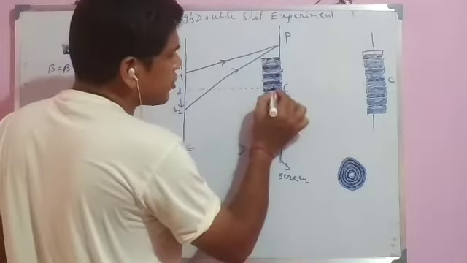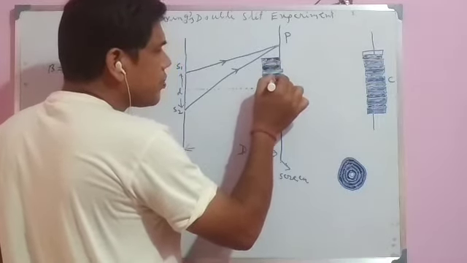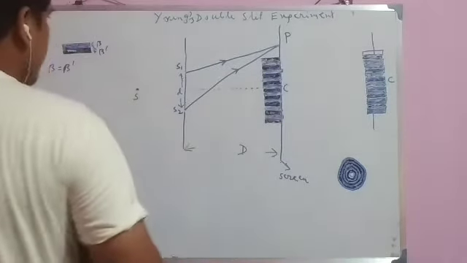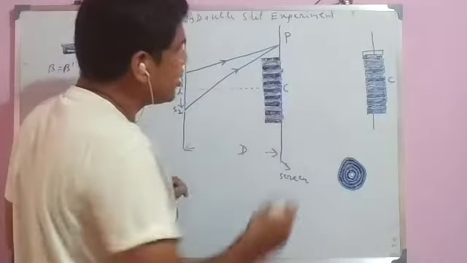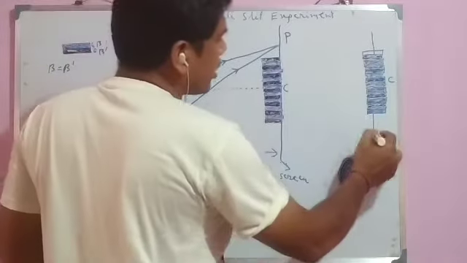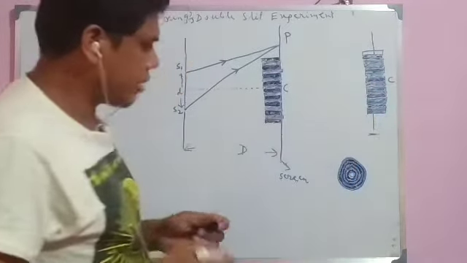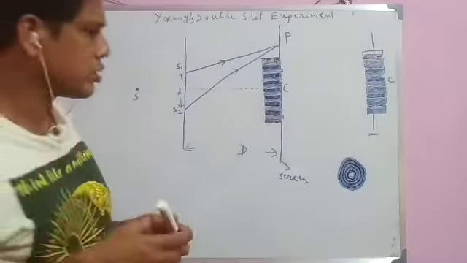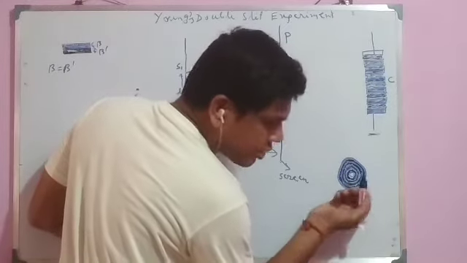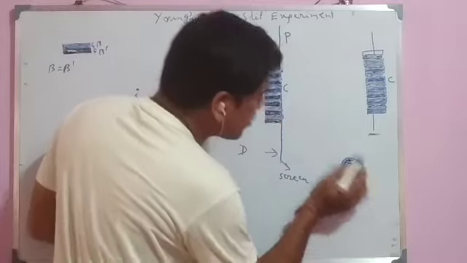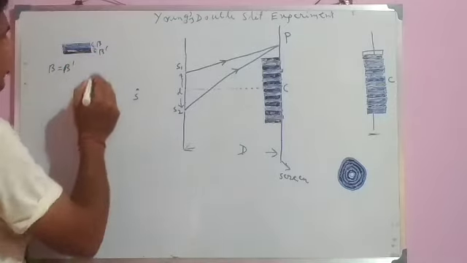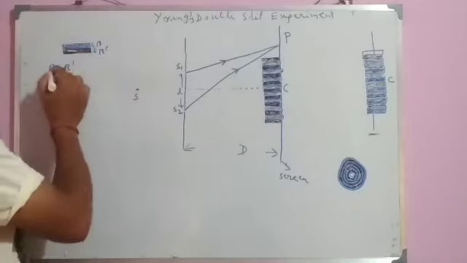This is the bright fringe, then dark, then again blue. Bright and dark alternate, and in this way it produces bands of color. This is shown here also in color. Another type of fringe pattern may be circular. This is the center, blue, then again dark, here black, again alternately bright and dark.